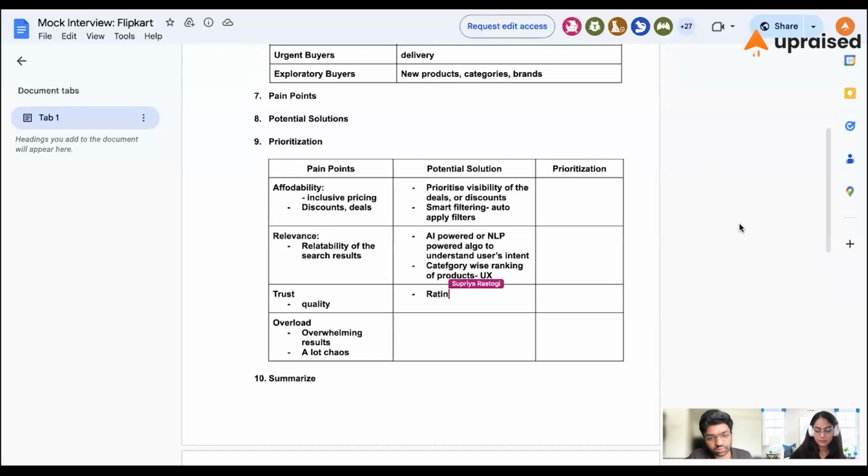So the prioritization should also have a good mix of making sure that the ratings and reviews are kept in the picture and we are leveraging whatever data that we already have. So anything that's above 4 should maybe come under the deal of the day or should be one of the main categories that are being shown to the consumers. So ratings and reviews, of course, do make a lot of impact. So we have to find a way to prioritize the ratings and reviews as well. So here we can talk about rating, reviews, and